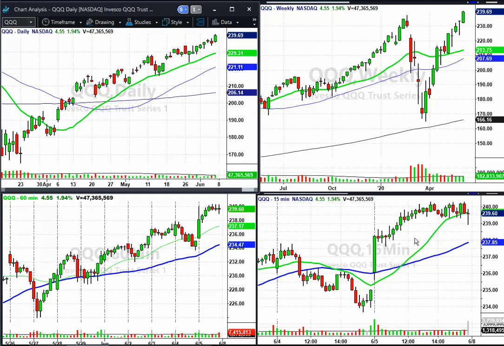If you're a day trader like I am, I will do some coverage on some thoughts there too. But interesting here, the QQQ, you'll see this is when the bottom fell out and it completely collapsed with the COVID-19 epidemic. And since this bottom was put in, near the 200-day moving average on the weekly chart, we've come all the way back up and actually just made a new high.